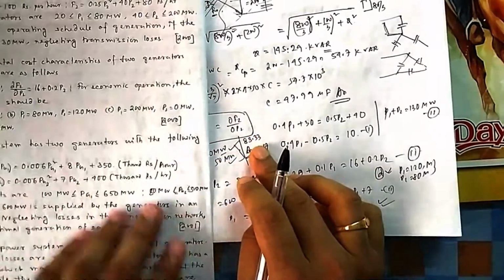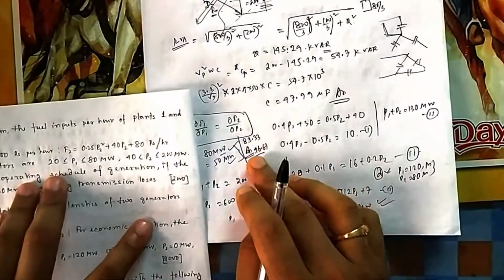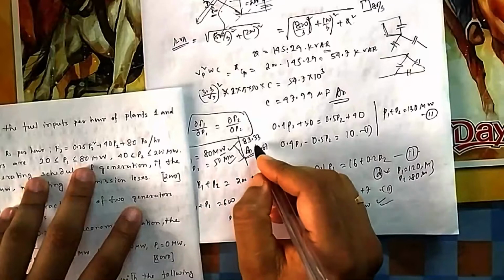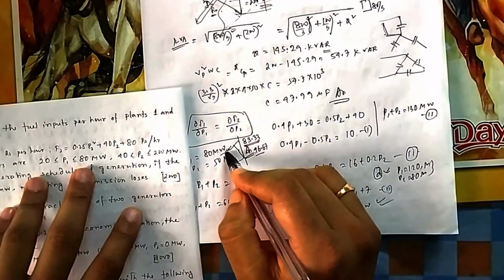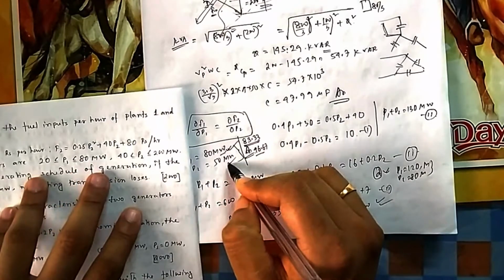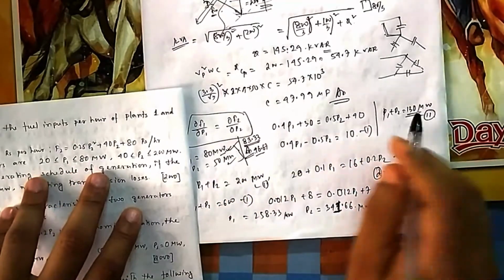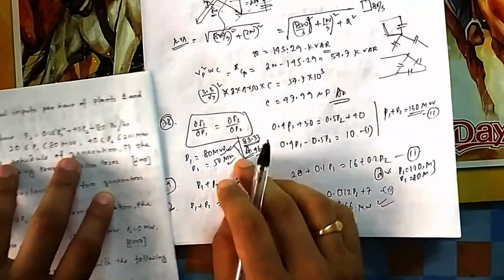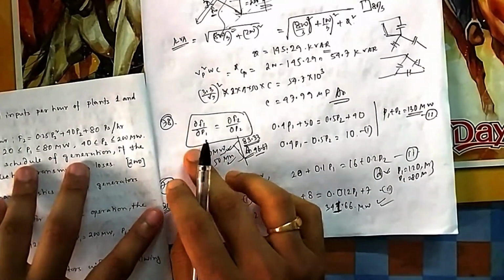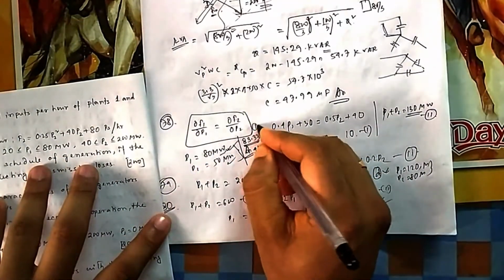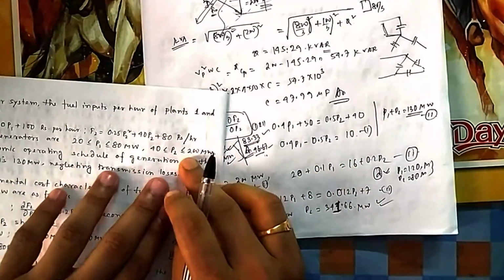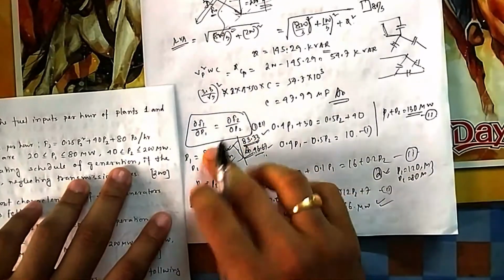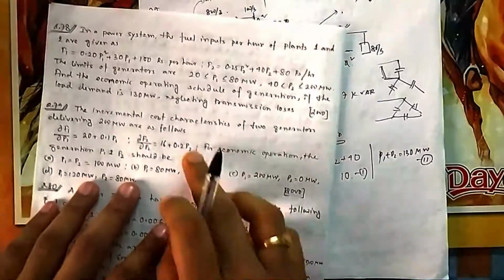Now you check 78. I am going back. P1 can go hardly up to 80. So instead of 83, I am writing 80. I stopped at 80. Because it is taking 80, the other one should take 50, because the total should be equal to 130. The load should be matched. So you do this correction. In 78, if you solve 1 and 2, you will get this answer, but don't give these two as an answer, because you have to check the limits also. It was hitting that limit, so it is restricted up to 80.